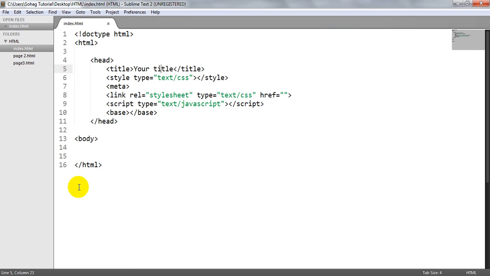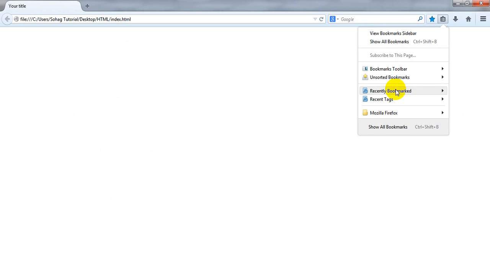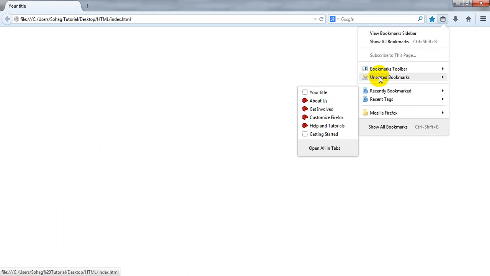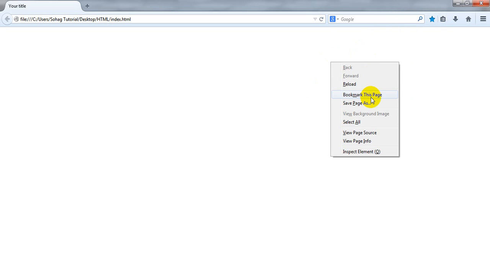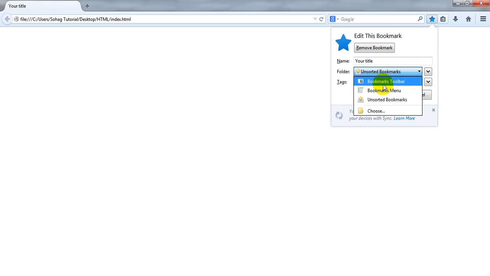It provides the title for the page when it is added to favorites, when it is added to bookmarks, and you can bookmark this page, bookmark toolbar, done.